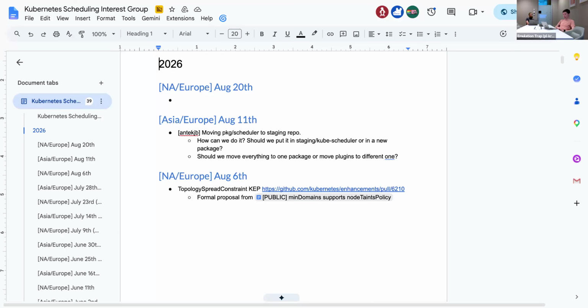Yes, so we have two steps, right? We have a step to eliminate the imports that are outside of the scheduler, and then moving the code to staging, right? So definitely, firstly we should do this import removal process. Yeah, and it will take longer, and this should not collide with anything, especially if we add this import restriction, right? Then yes, it will be much easier.